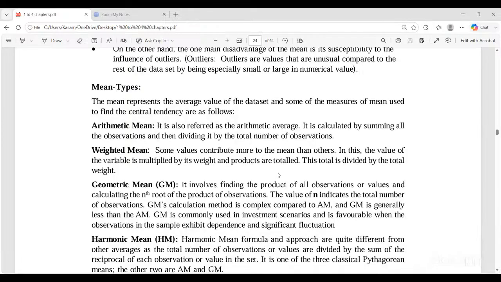There are many types of means: arithmetic mean, weighted mean, geometric mean, harmonic mean. What is arithmetic mean? It is also referred to as